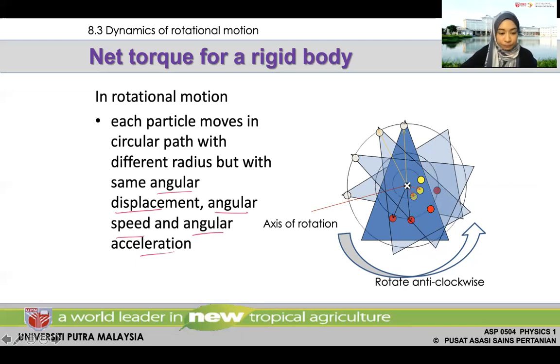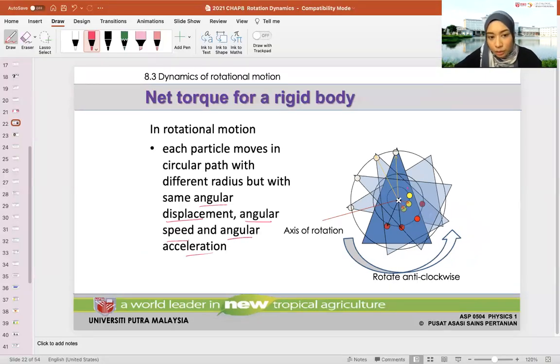Rotate and rotate. So the axis of rotation remains over here, even though these particles have gone off somewhere. Okay, so you can see over here that the radius plays an important part in showing us what happens over here. So torque is dependent on radius, we know that. But even though they have different radiuses, they move in the same angle. So if we have the same theta or angular displacement, we would have the same